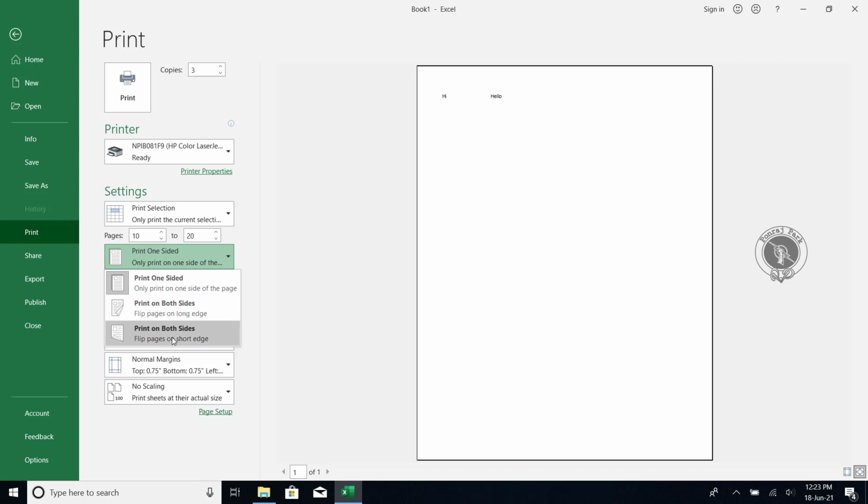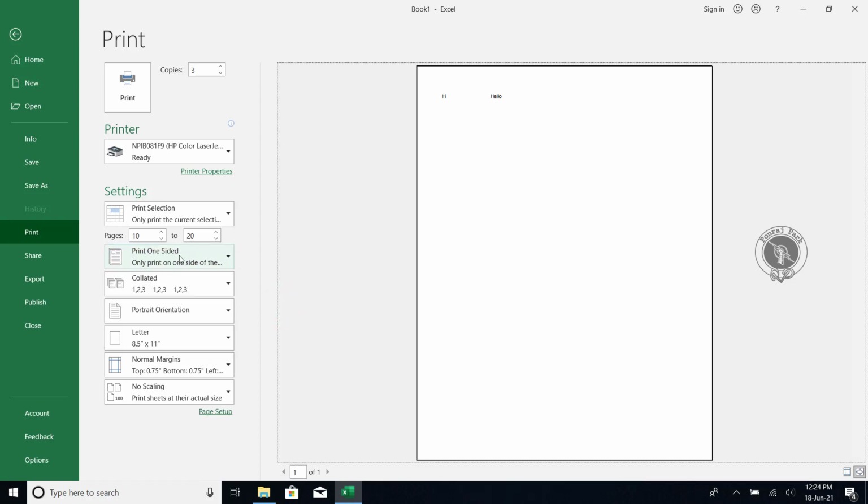And short edge, you can consider the example of a calendar, where on the other side it will be an inverted printout, not the same layout. So when you flip that paper you will not see the same orientation, it will be inverted. In a calendar, when we see the backside, it will be inverted type of printouts. So that's the thing with both sides. Okay, so I hope you understand this one, printing on one side and two sides.